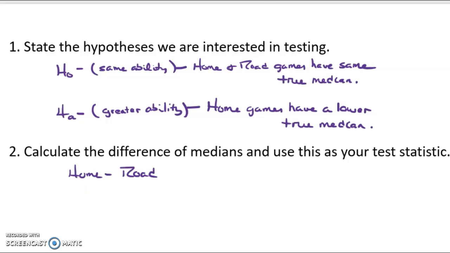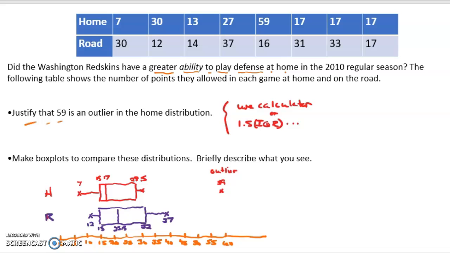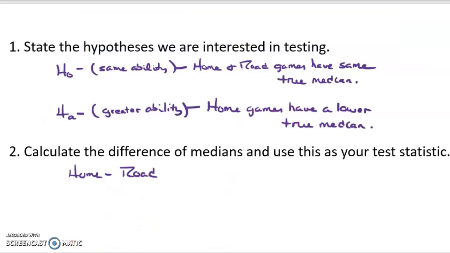Better make sure we do this right. Home was 17, road was 23.5. So what we want to write is 17 minus 23.5, and that's going to give you